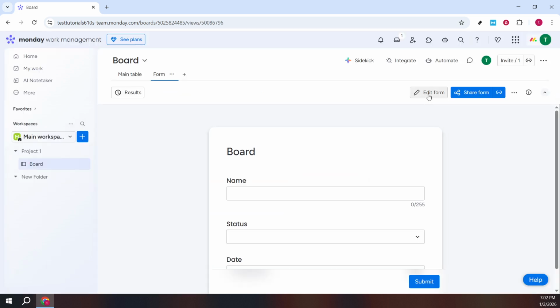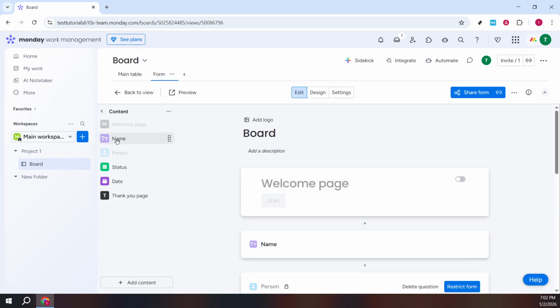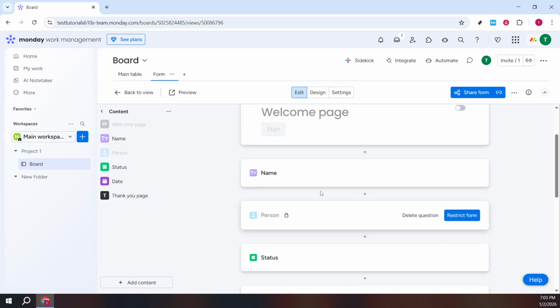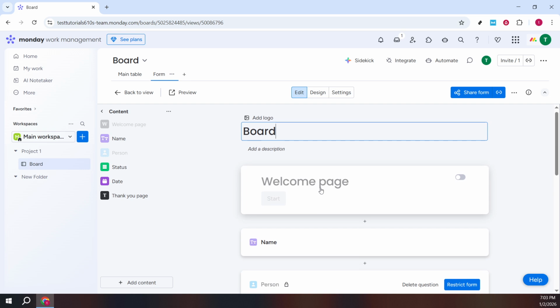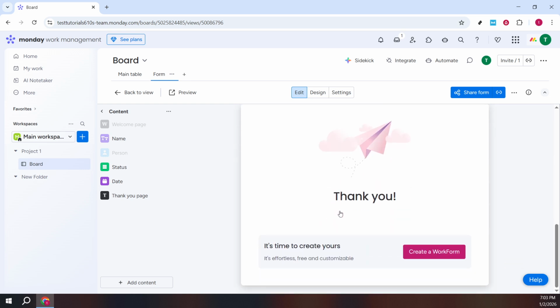In the editing area, update the form details. Give it a clear title and a short description that tells people what the form is for and how long it takes. Add the content you need by including the fields that map to your board's columns, things like text, numbers, status, or dates. Keep labels concise, group related questions, and mark critical fields as required to maintain data quality